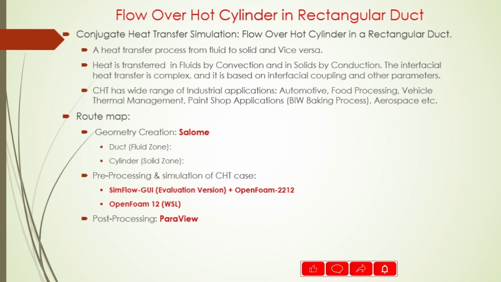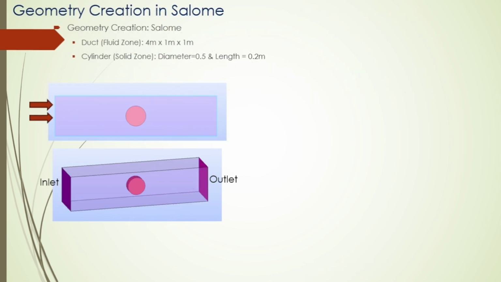Now let us start geometry creation. A rectangular duct of size 4 meters by 1 meter by 1 meter is created. A cylinder of diameter 0.5 meters and length 0.2 meters is created and located centrally in the duct. Note that the main objective is to discuss the conjugate heat transfer case setup procedure in SimFlow GUI and manually for OpenFOAM 12 simulation. The flow through the inlet passes over the hot cylinder